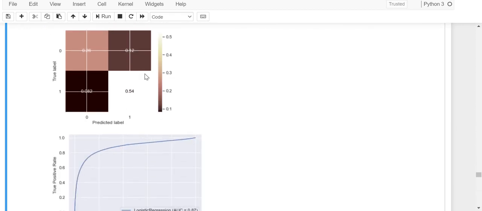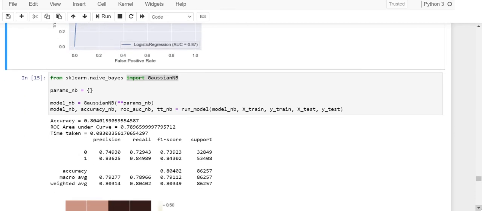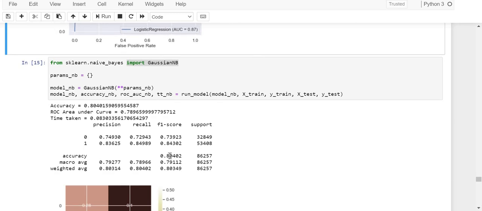This is a multi-label classification, and in this graph, true positive is an outcome where the model correctly predicts positive class, and false positive is an outcome where the model incorrectly predicts positive class. For now we will consider the accuracy rate. Now for this, the accuracy is almost the same. It is 0.80, which comes down to 80%.